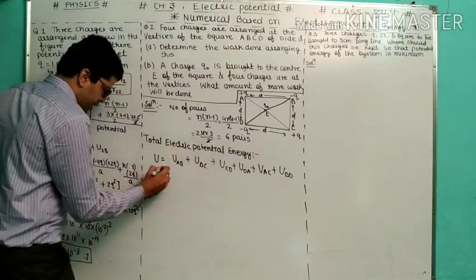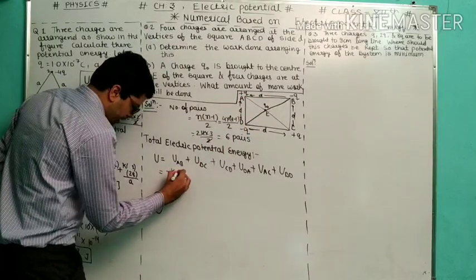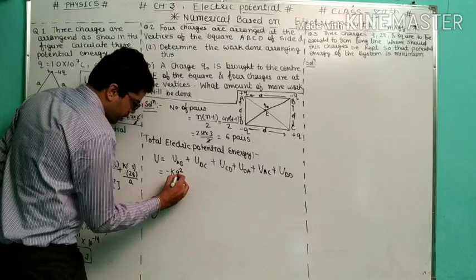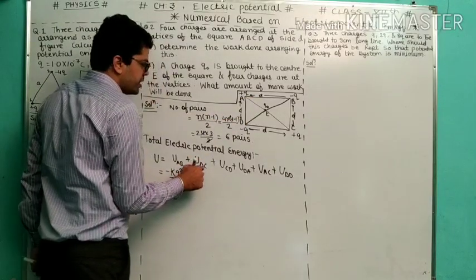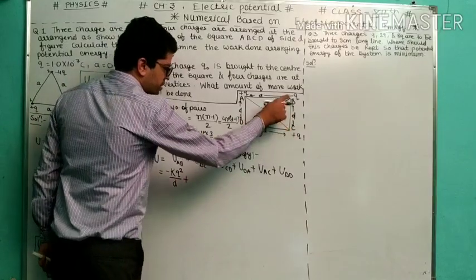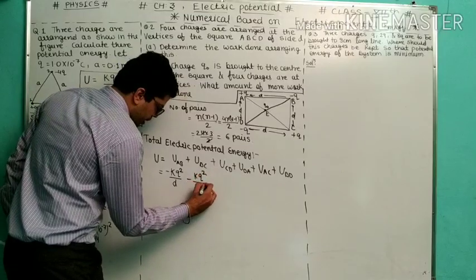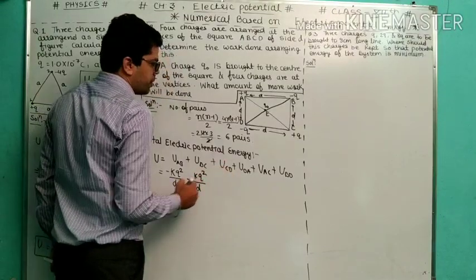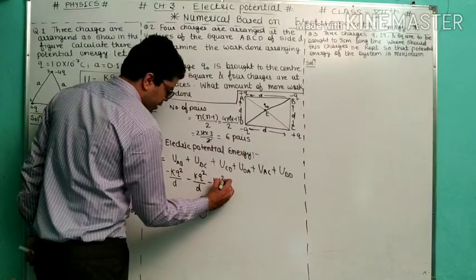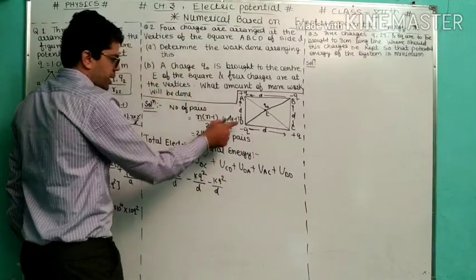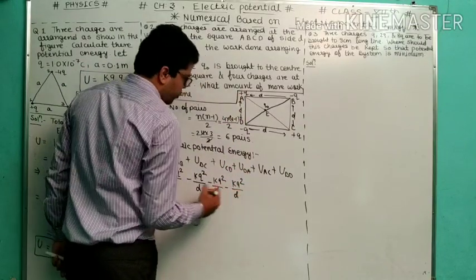First of all, we have to write down here KQ and minus Q, so minus KQ square upon distance D. Put it here D. And here BC, we write BC: again it is minus KQ square upon D. And for CD, this is plus Q and minus Q, so again minus KQ square upon D. And here also it is minus KQ square upon D.